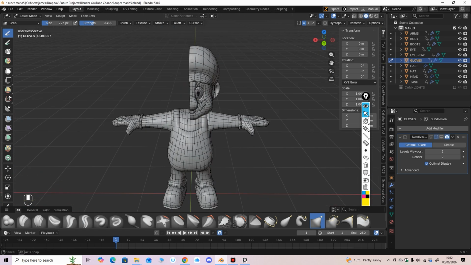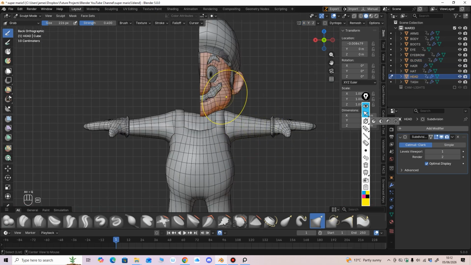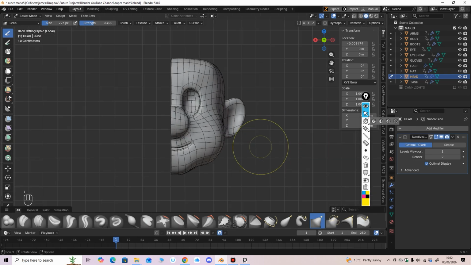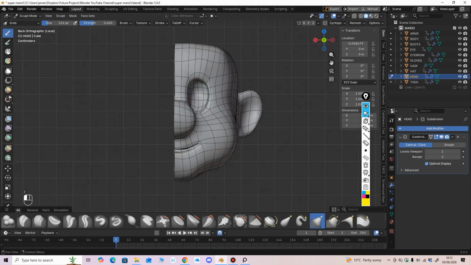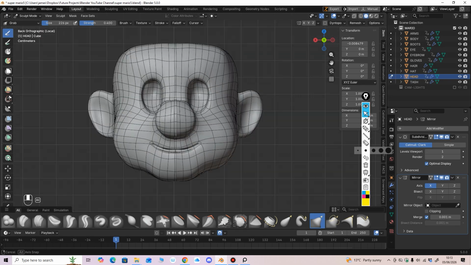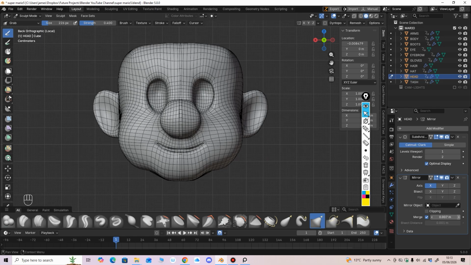Just going in from different angles and looking at it, checking the silhouette, looking from the back, from the side. So if that's the body pretty much in place, let's select the head, solo it. Then we can generate a mirror modifier now for the head. We can see it full. Then, if we dial up our merge here,